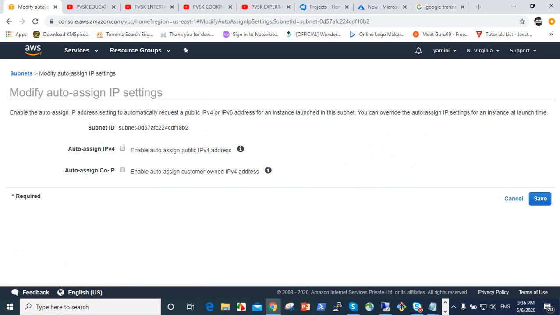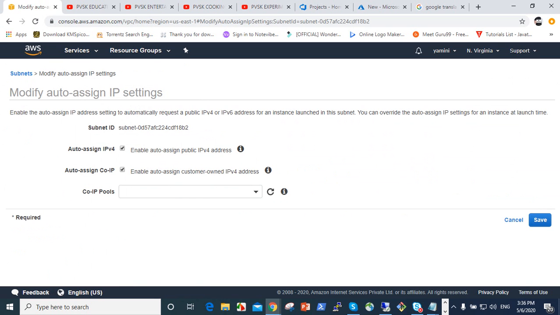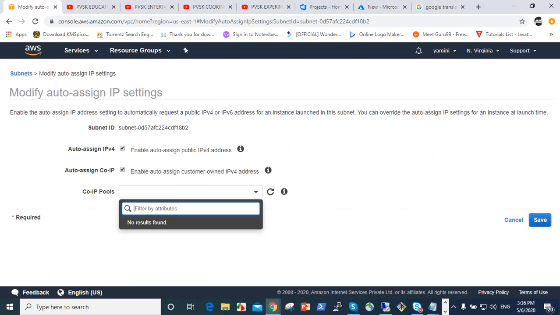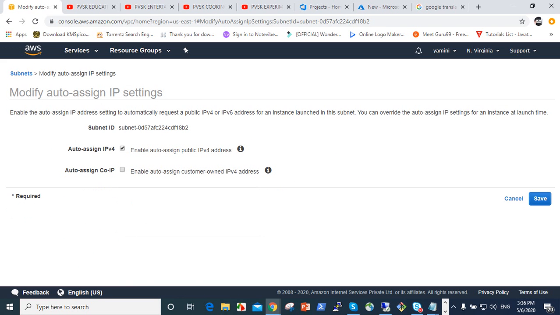So here enable auto-assign IP address for security purposes. So enable auto public IP. See, this enables the auto public IP setting to automatically request a public IPv6 or IPv4 address for an instance launched in this subnet.